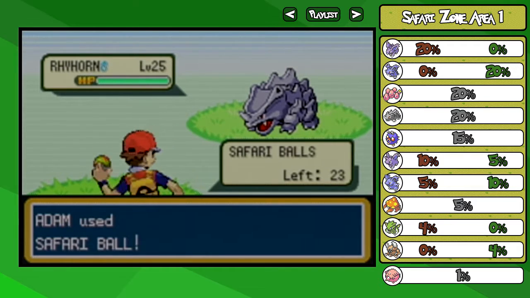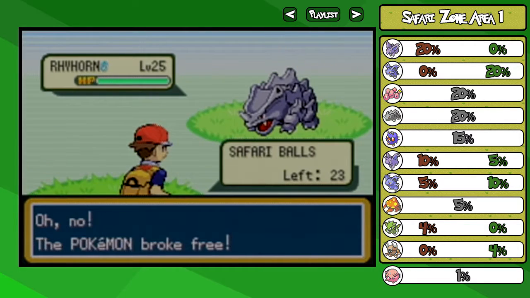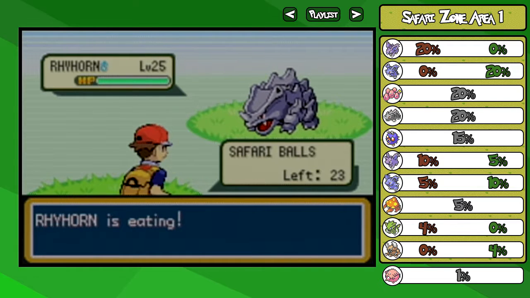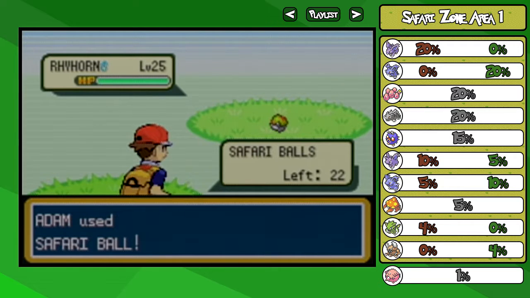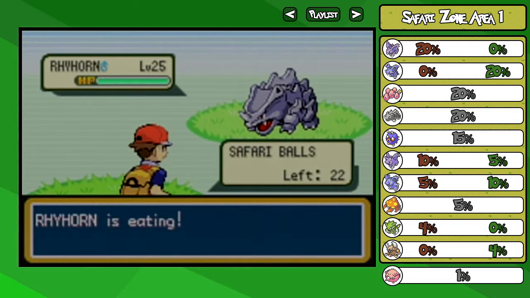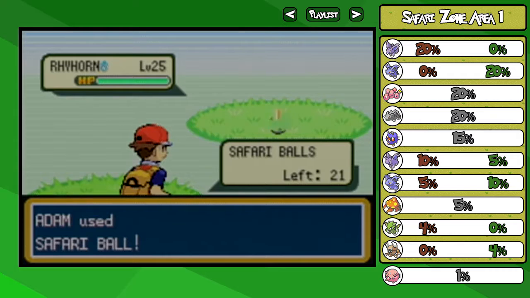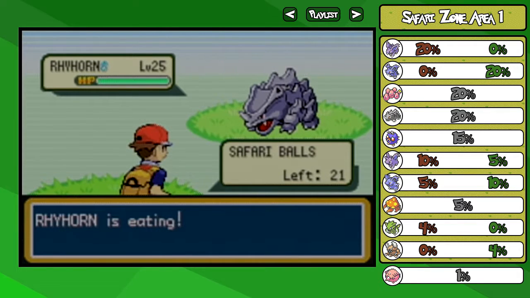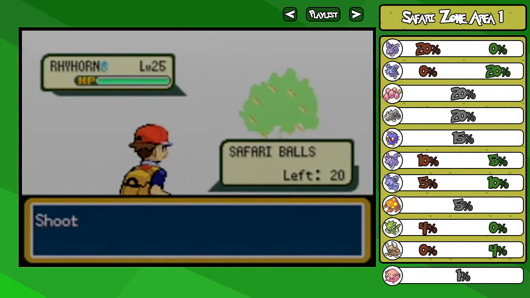Okay, I'm gonna throw a ball. And maybe this will get caught. No. Please, I just want a Rhyhorn. If this ends up wasting all my Safari Balls and all my steps on the first try, I'm gonna be so mad. I've already used too many steps trying to find more Rhyhorn that I can't even complete the Safari Zone on my first go at this point, so...